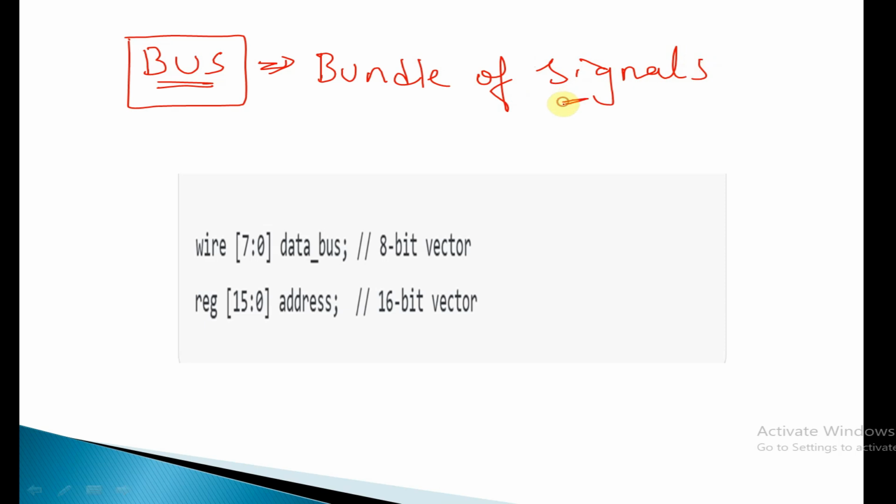When you are learning protocols like the AMBA protocol, AHB protocol, APB protocol, you will come across this term bus, which is nothing but a bundle of signals, or a group of signals. If you want to model that group of signals in Verilog, you can use vectors. For example, if there are two modules, A and B, let's say one is a sender